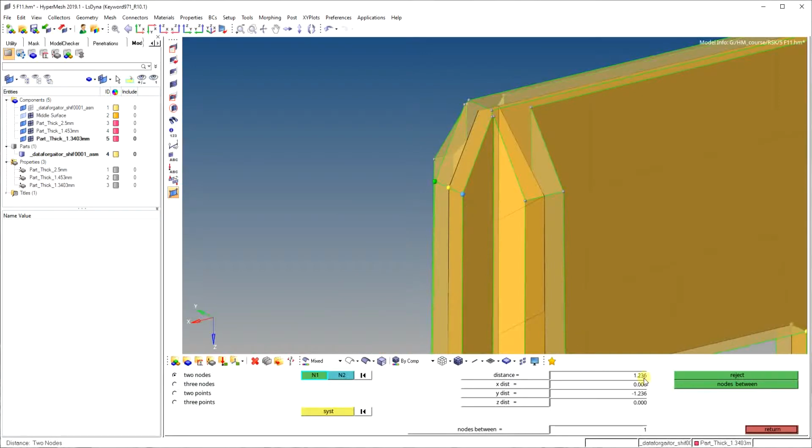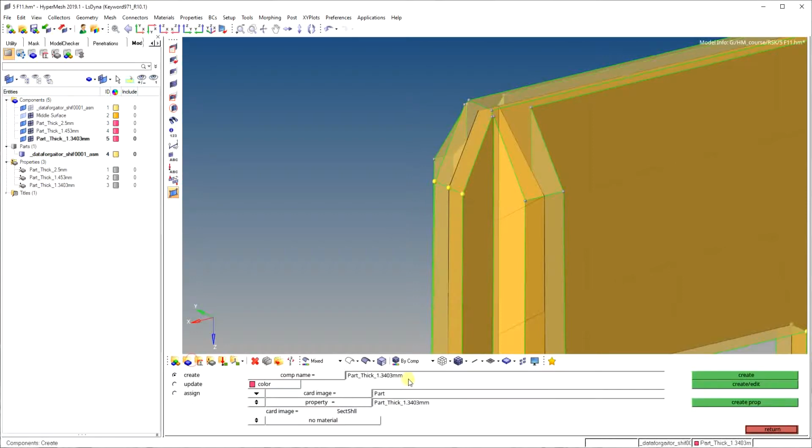It is of 1.236. The element component for the top elements is remaining. Just click here, copy paste it, create.